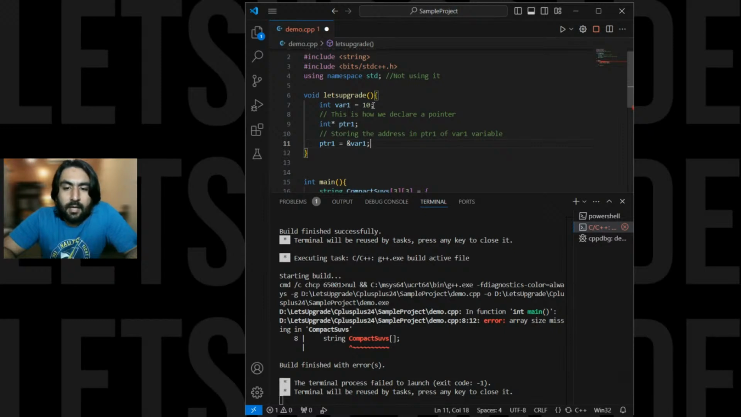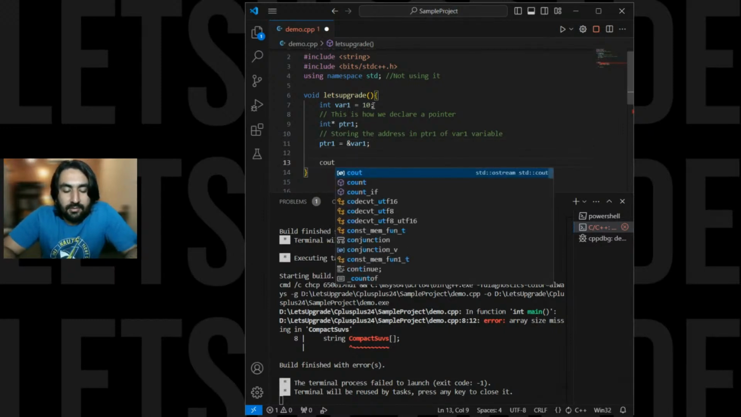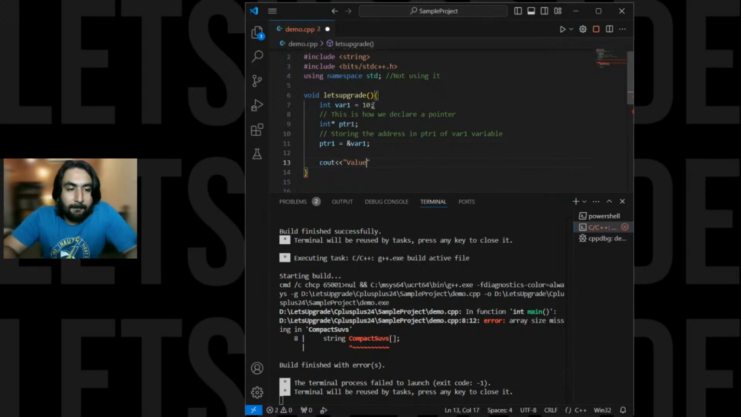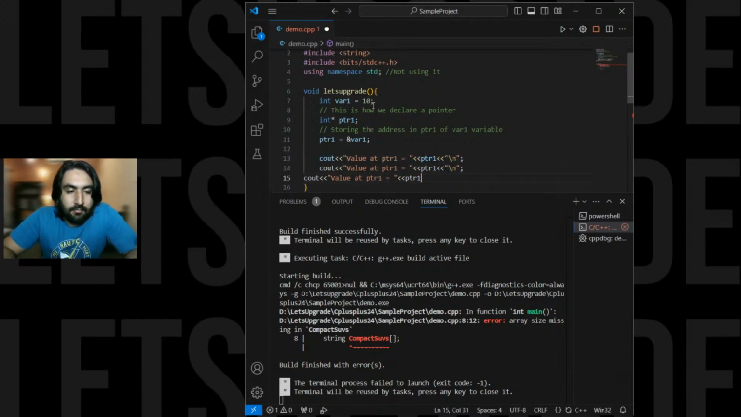Now once this is done, we'll just simply print out different things so that you can see what it is. See, value at PTR1 is equal to, what is the value? This PTR1, I'll just print it out for you with a \n. Value of, let us say, variable 1 is var1. Value of,